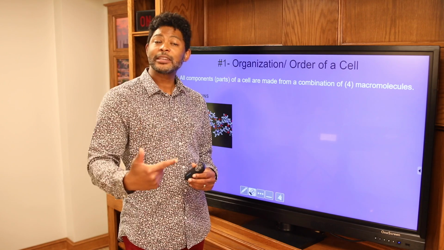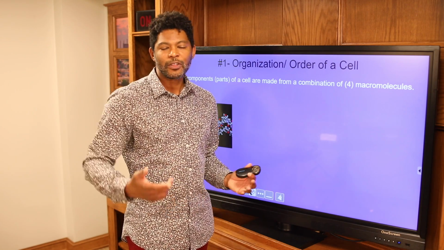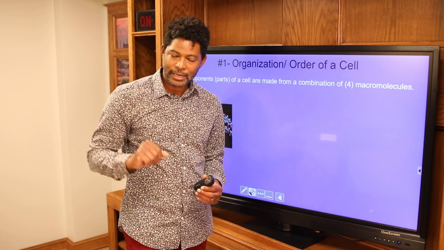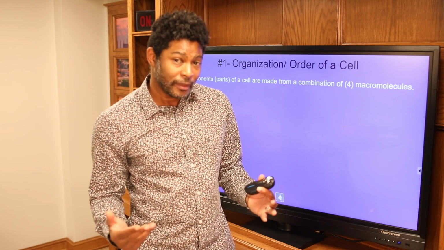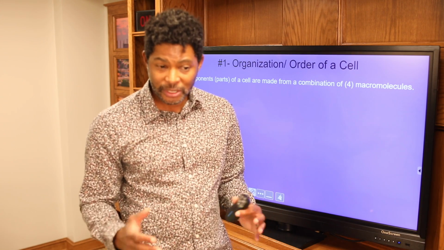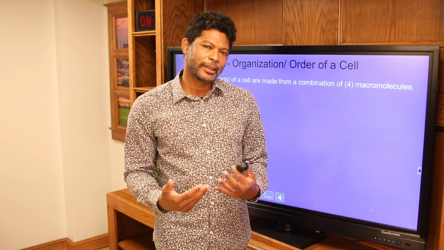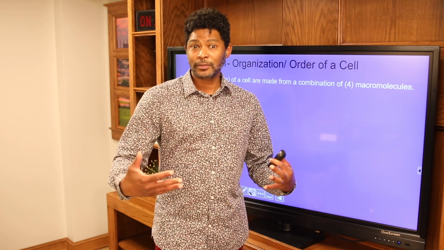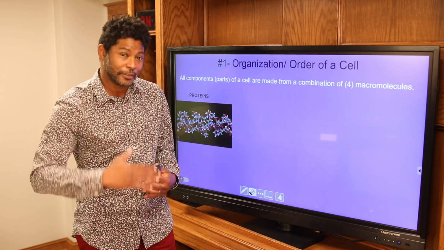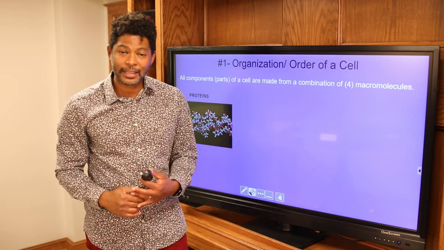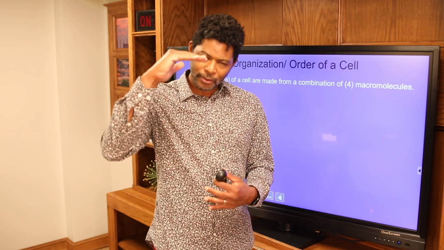You have your secondary, which some people call a corkscrew or a pleated sheet. You have your tertiary, which is like the 3rd level, which is 3-dimensional, and then you have one called a quaternary, which would be like the 4th level. Like if you're going up a flight of stairs, the 4th level is the most complex,